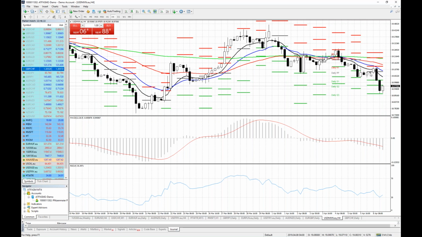Price is pushing lower, and again, I was able to draw those lines once the previous day's session ended. Guess what? Using this one, I was able to nail pretty much the top of today's session, and when price started to drop, it dropped here to the daily support 3 level. Almost, I think pretty much by a pip. Perfect touch here as well.